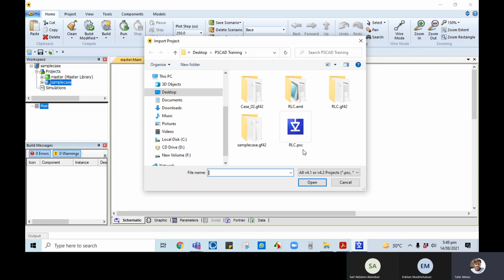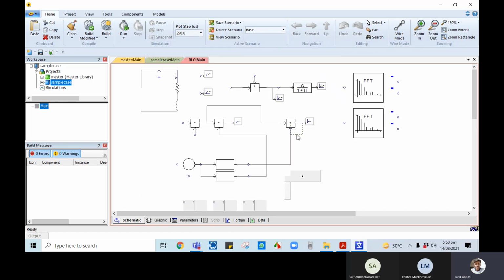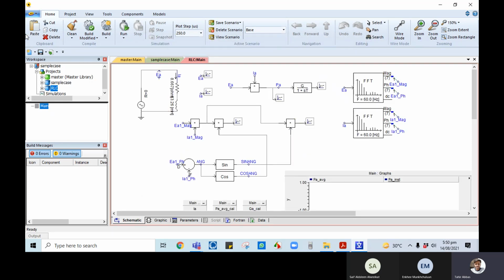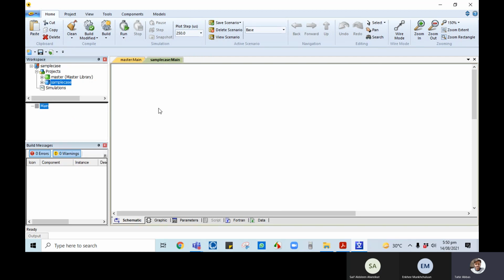I have placed this one just for one explanation. If you say import project, then it will include all project files, including 4.1 and 4.2. So that's a good advantage of PSCAD, that we can import previous files also, but we cannot open them directly. Once we import, we can save it as a new version. I only wanted to show the example that we can open any previous version file. So that's okay.